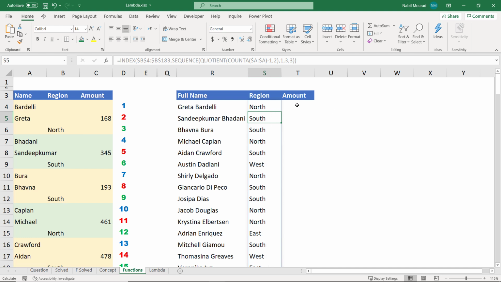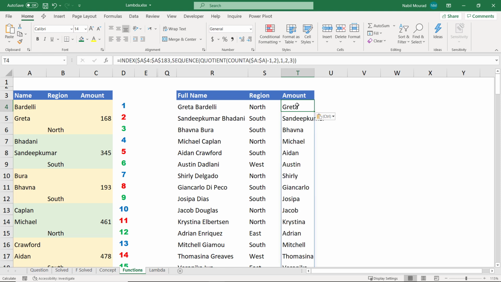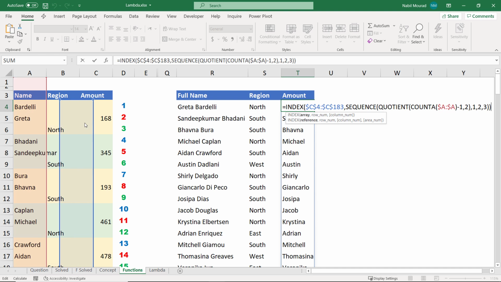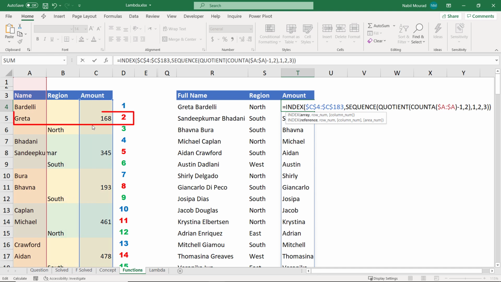Let's repeat one more time for the amount. So for the amount, I'll be pasting the same index function one more time. All I need here is to change the array. I put my function in the edit mode, click in the index function, click on the array in the screen tip to select it, and now I can simply drag the array and extract from column C for the sequence